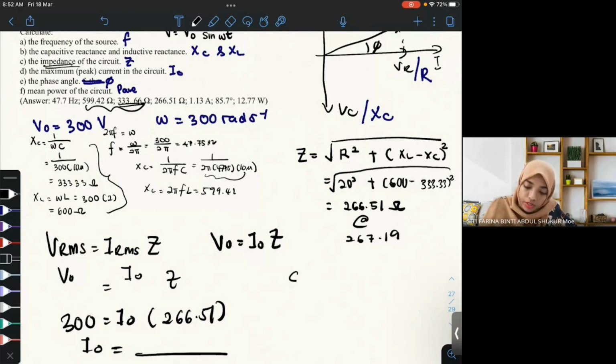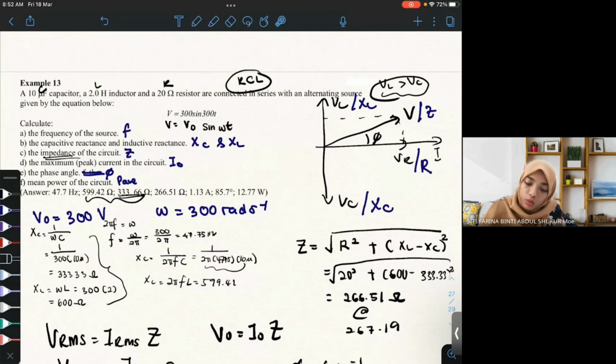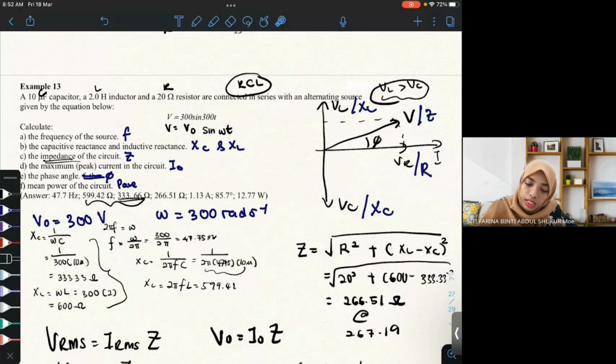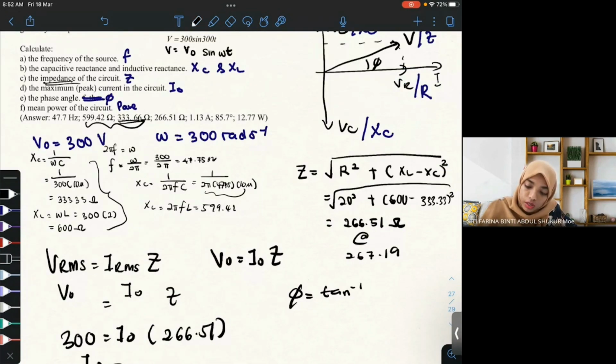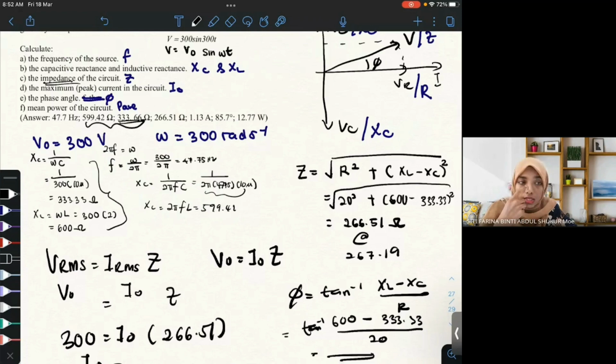Dan dia minta phase angle, shift tangent, Y component, ini Y component kita lah, which is XL minus XC bahagi dengan X component. So XL minus XC over R. XL kamu adalah 600 minus 333.33 divided by 20. You will get your answer such as